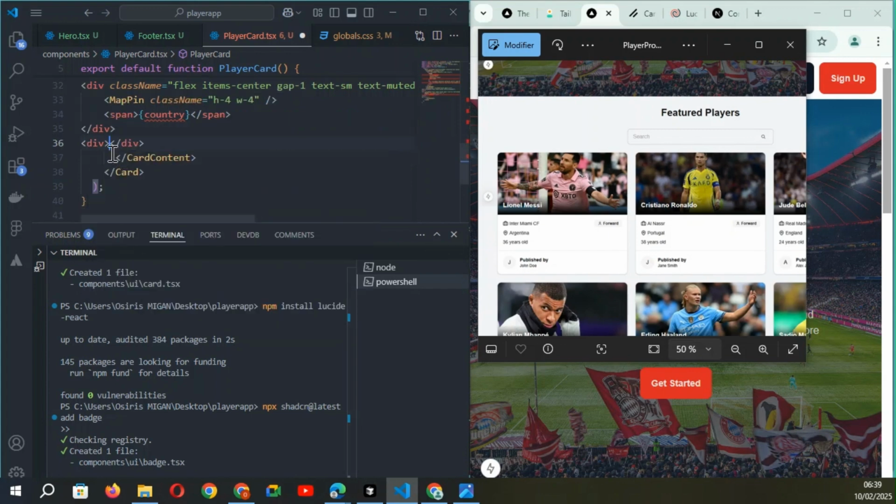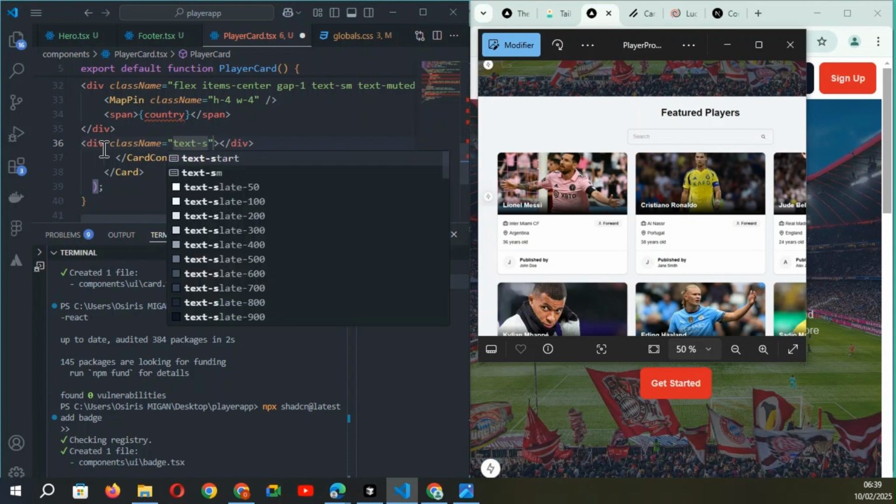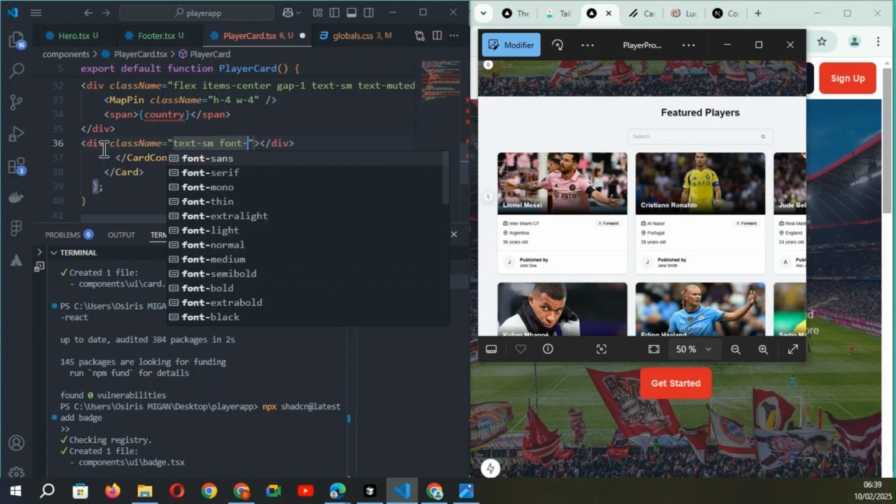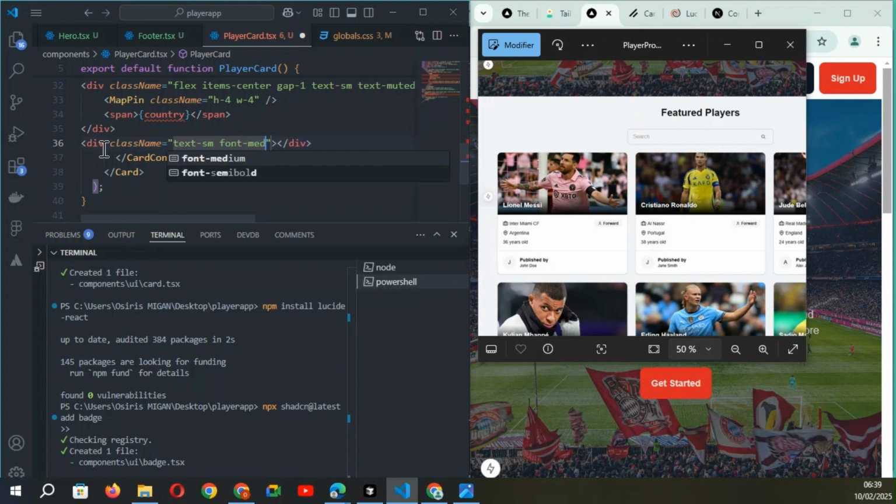Another div, class name, small text again. The font